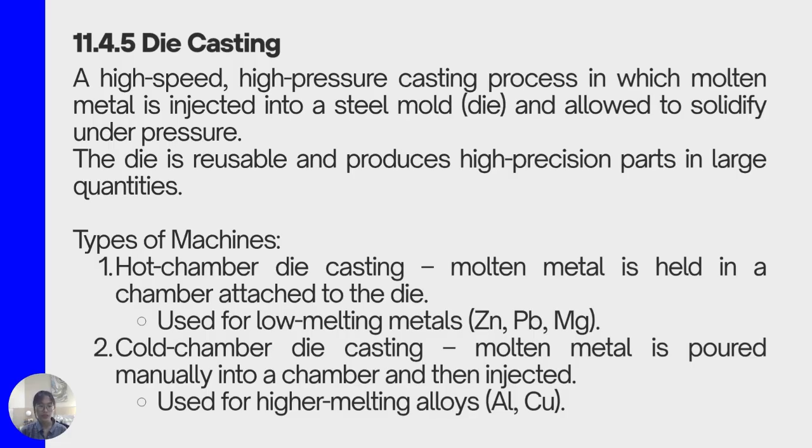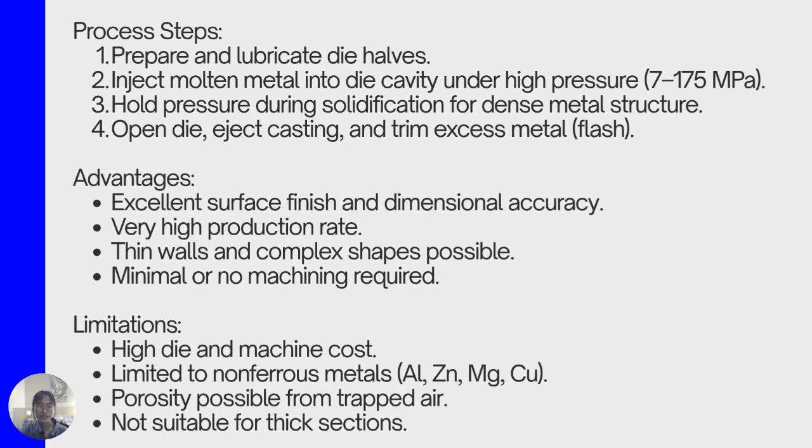The second one is cold chamber die casting, where molten metal is ladled into the chamber for each shot. It's used for higher melting point metals like aluminum and copper alloys. This process offers excellent surface finish, tight tolerance, and thin walls, making it ideal for mass production of components such as automotive housings, power tools, and appliance parts. However, the initial die and equipment costs are high, and the process can produce porosity if air becomes trapped during injection. Despite these limitations, die casting remains one of the most efficient and widely used casting methods for large volume